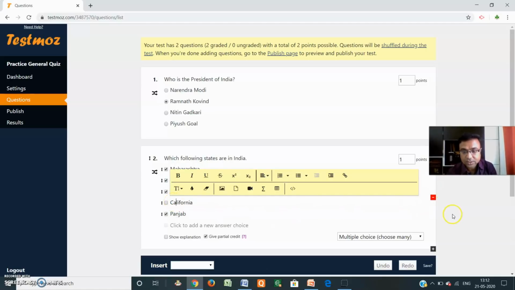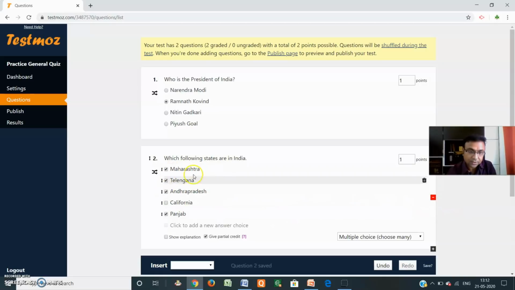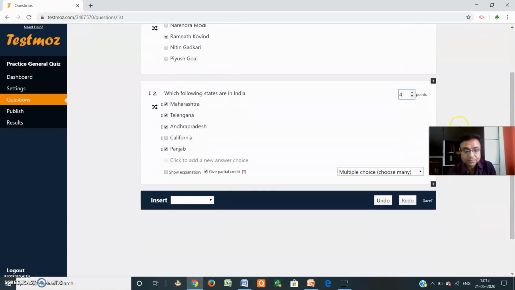California is wrong. So just select the multiple choice type of answers 1, 2, 3, 4. Again, if you want to select the points table here, just click 1, 2. Suppose there are 1, 2, 3, 4. So I am just managing here. Suppose all are solved, then the student gets the 4 points, and suppose only one, then partial marking is also available. Now next is give partial credit. So you click here, give the partial credit.